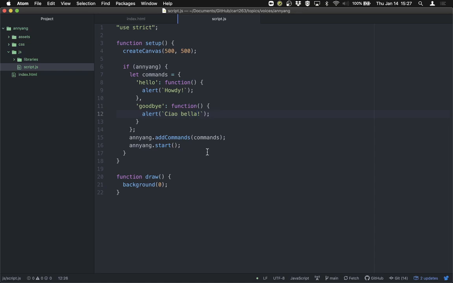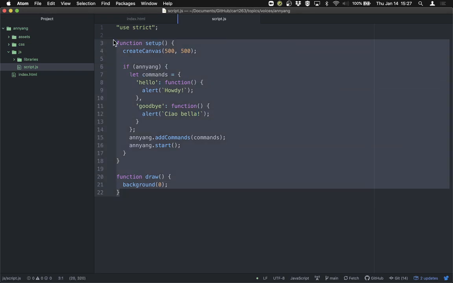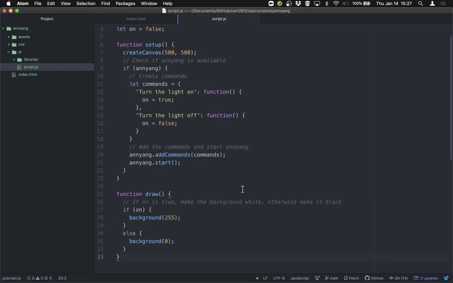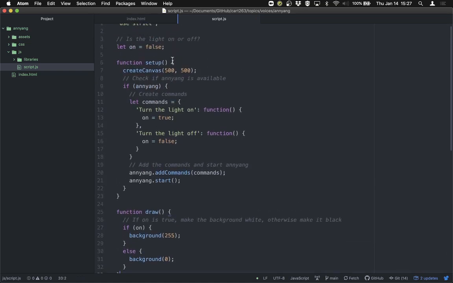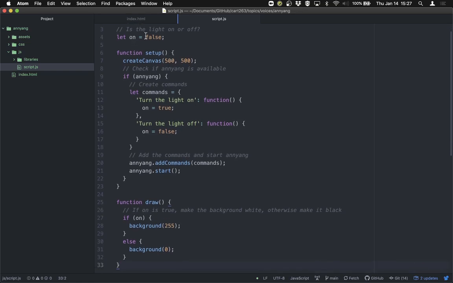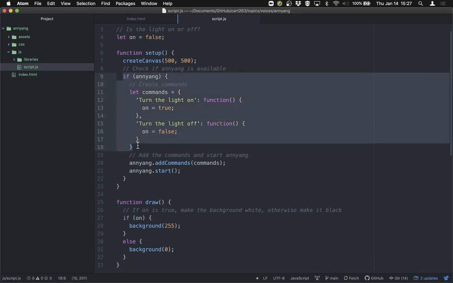However, let's take it a step further, and let's integrate this a little bit more into P5. So I'm going to copy some code over rather than just type it in front of you. Rather than things that are just triggering browser alerts, we could imagine a program like the classic P5 light switch program, where we have a variable called on that determines whether the light is on or off. It starts off as false, so the light is off. And then in Annyang, we're going to have these commands that change